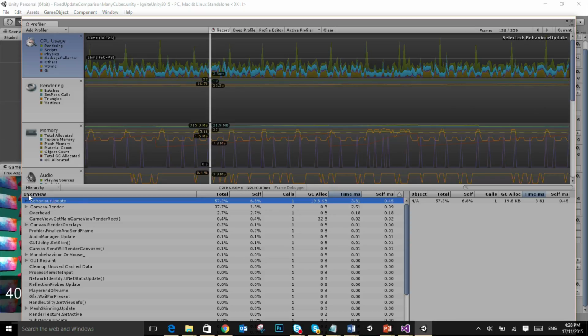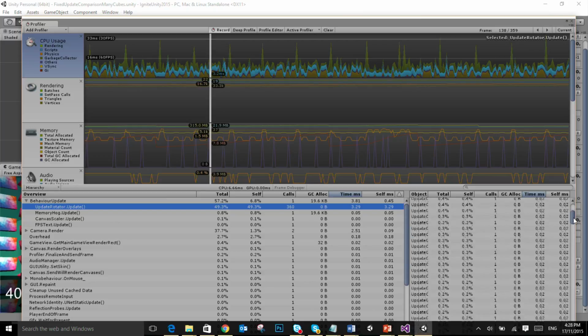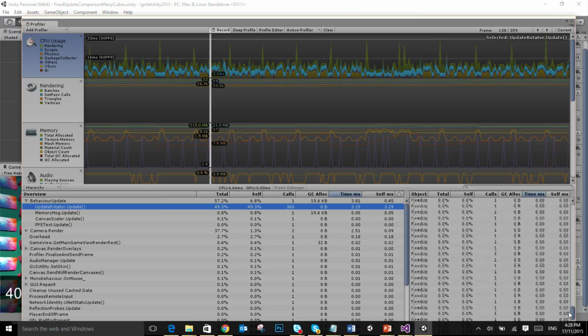So it's something that we're updating. One of the behaviors that we have attached to an object is consuming a lot of time. And so if we open it, we can see that update rotator is actually 49% of the overall performance. And we can see that it gets called a lot of times. Because we have so many objects, we're calling it for every single object, and it gets called individually. And so we're calling it 360 times, and it's taking 3.29 milliseconds, and then when you add up,